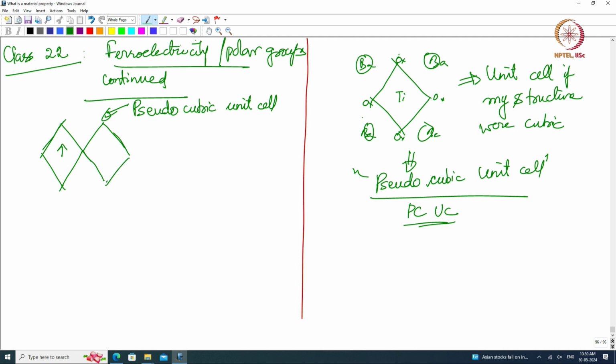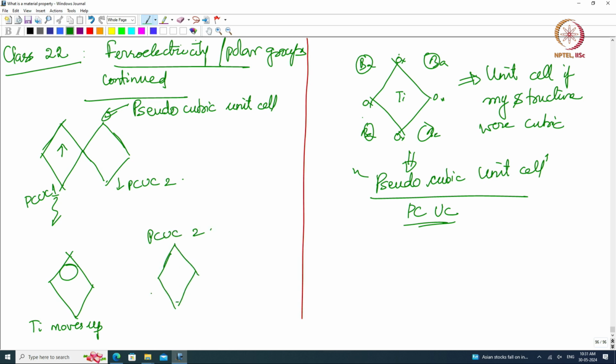This I will call PCUC1 and this is PCUC2. In PCUC1, titanium has decided to move up, so that it can fit into this octahedron, whereas in PCUC2